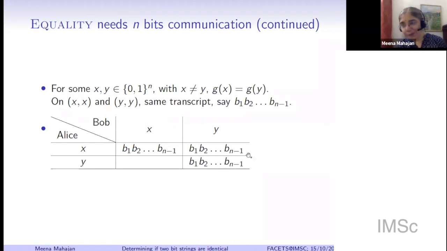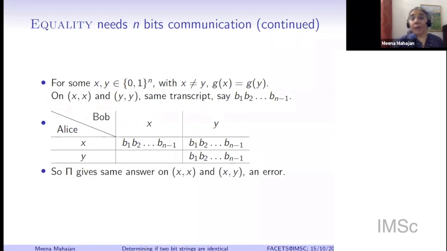And then you proceed. So this is induction on the ith bit which is sent in the transcript. Bit by bit, you will compare either against the bit sent by Alice or the bit sent by Bob, and we conclude that this transcript is also the same. But now that tells us that, if the transcript is the same, at the end of the transcript, one of the parties knows the answer.